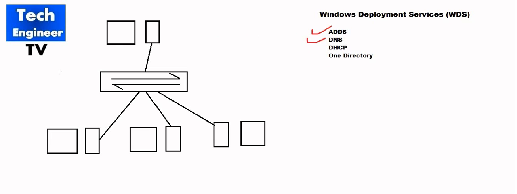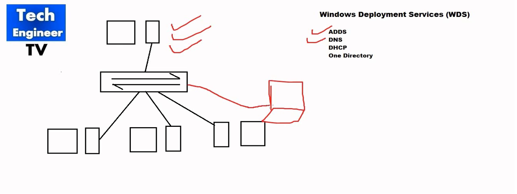So the server must have ADDS, must have DNS, and must have DHCP installed with active scopes, so that a client or server can boot from the network. For example, a laptop user comes and just connects to the switch,